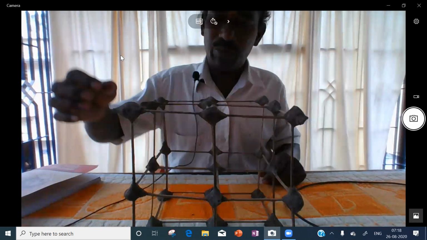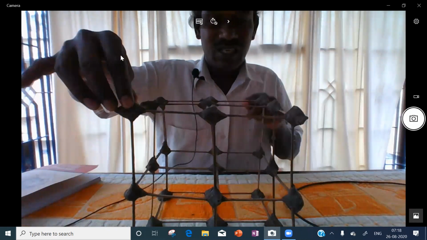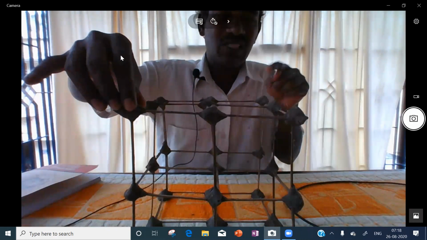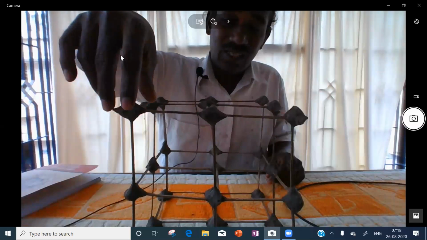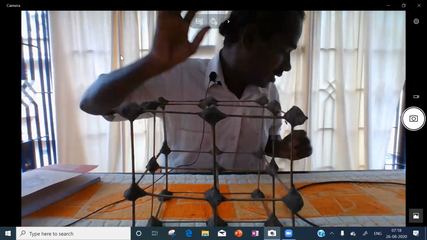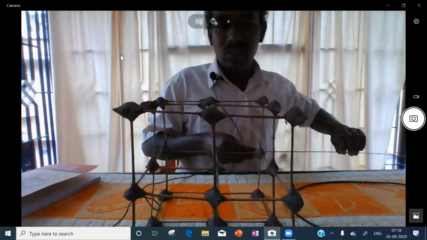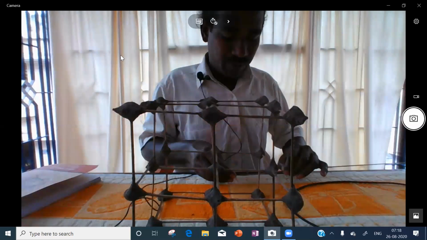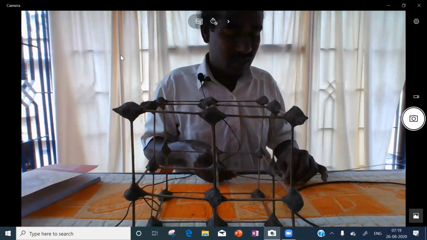Suppose you select this corner, and its neighboring three face centers you have to select. So you select its neighboring three face centers to say a tetrahedron set.